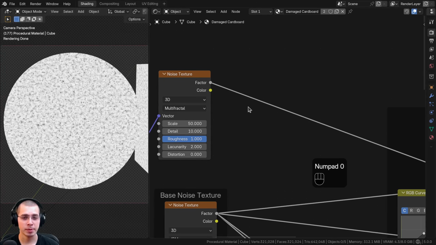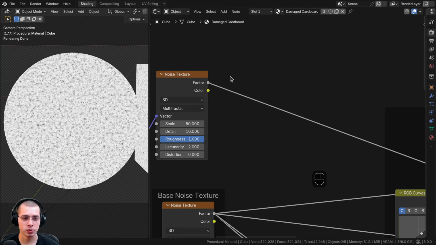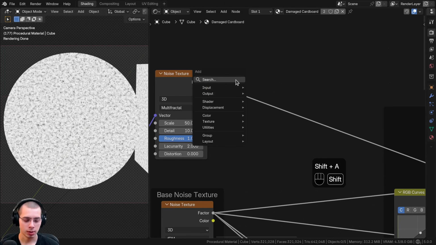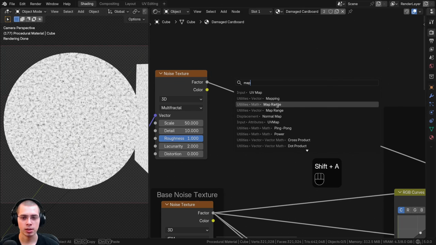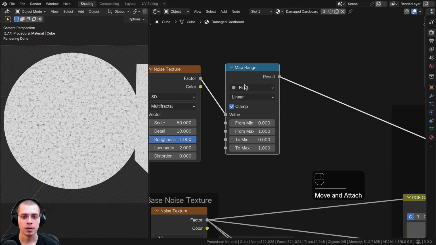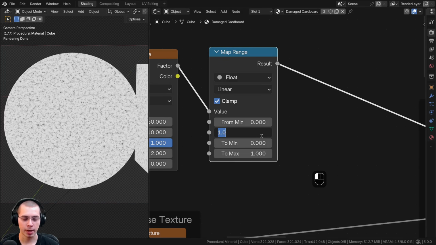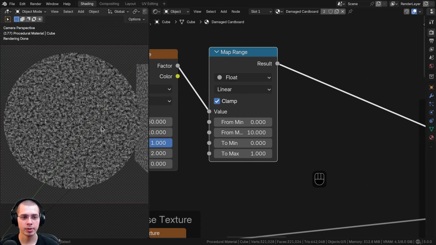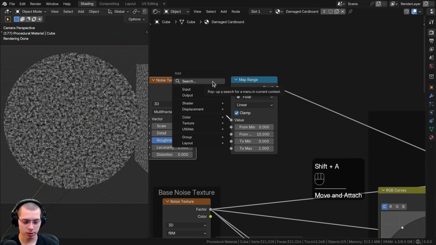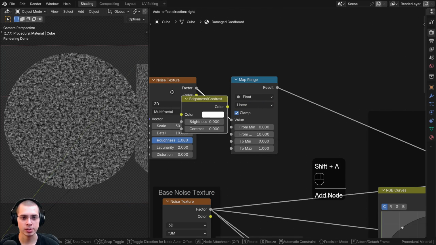But then what I want to do is make the dirt even more contrasty, and I also want to be able to control it in the node group. So I'm going to search for a map range. Let's add the map range and stick it right here. So the map range values can be used to make it lighter and darker. So on the from max, I'm going to turn this up to a 10, and that way it's quite a bit darker. Now also what I'm going to do is search for a brightness and contrast node